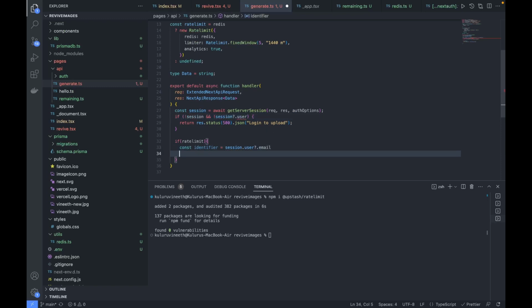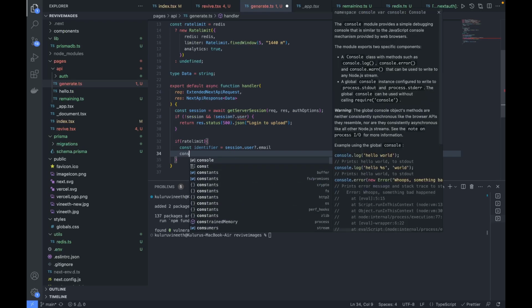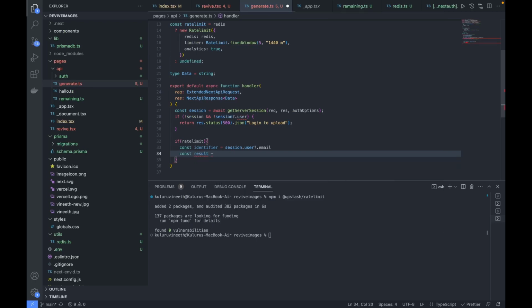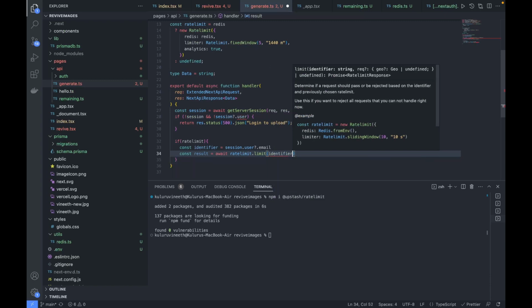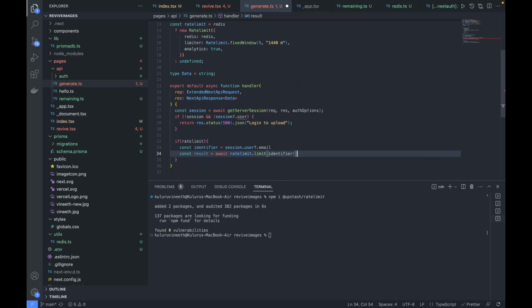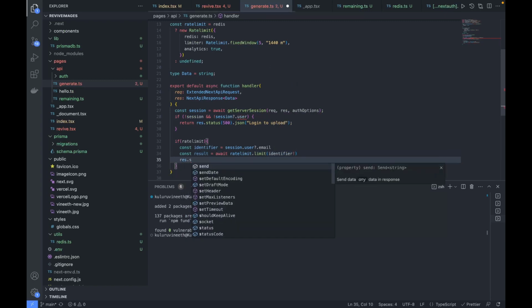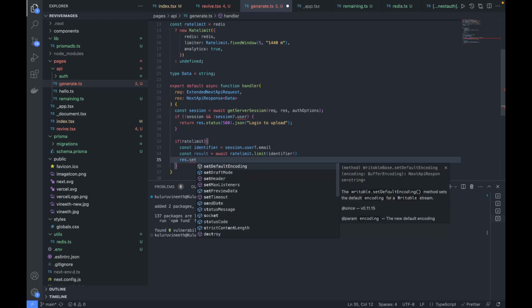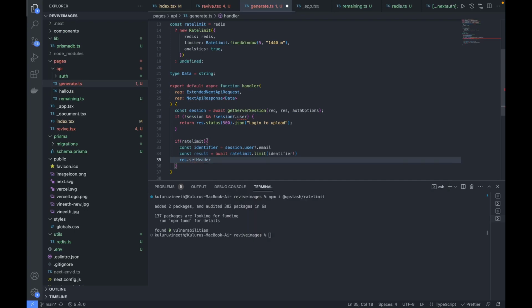So this is the identifier, and then the result, which we have: await rateLimit.limit, passing in the identifier, which should be not null. Then we are going to set the headers for our next API response. The headers that we would be setting are